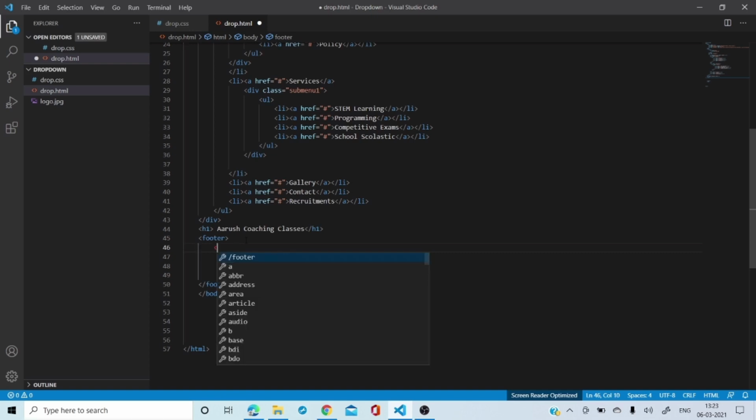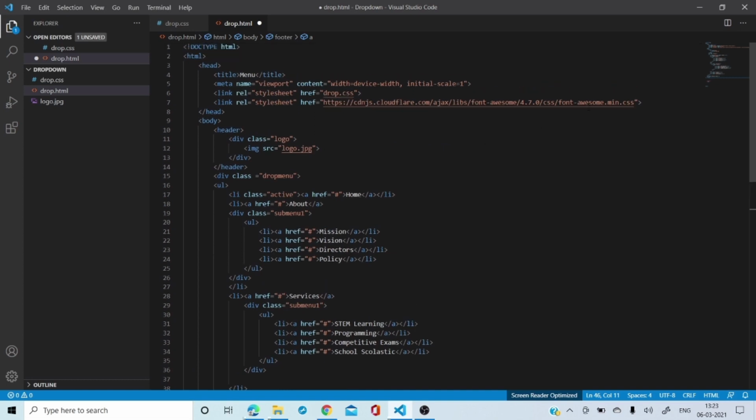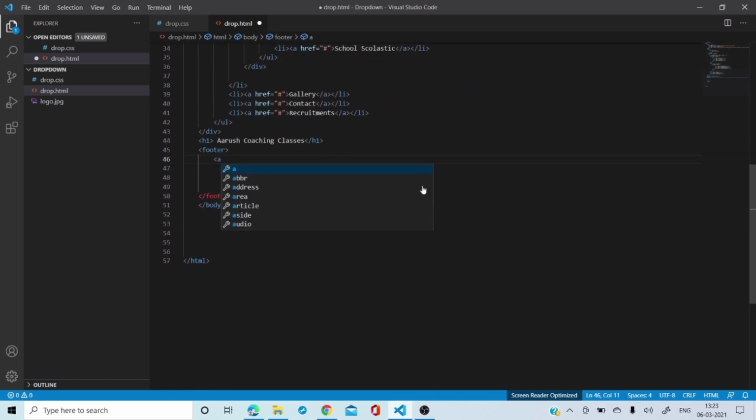Now in the footer, I want different icons. You remember I took this link. This is for this only. So I'm going to take like href. Here it goes. I'm going to put like this. Then I'm going to give one class. What will be the class? Which will be equal to FA, and then FA, and what is the next thing which is going to come? Let me take the first one as Facebook. All right, and it will be shifted like this.